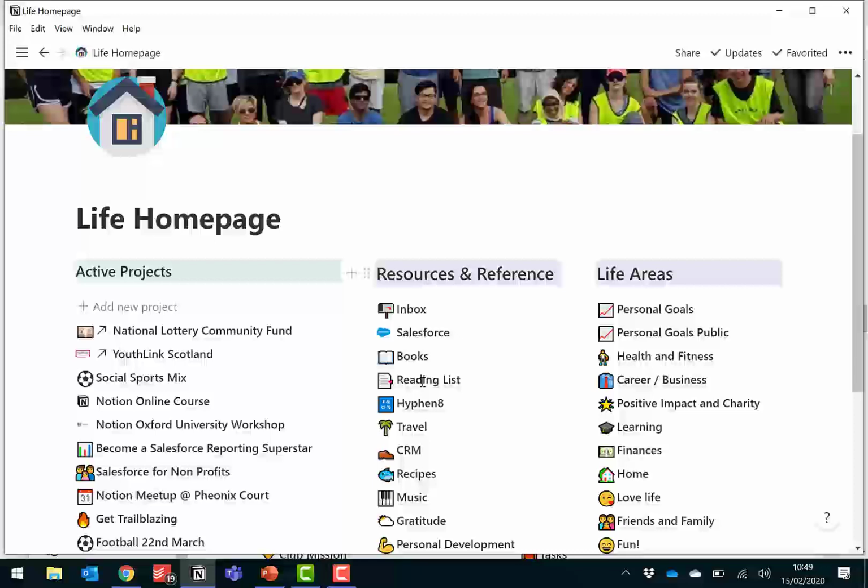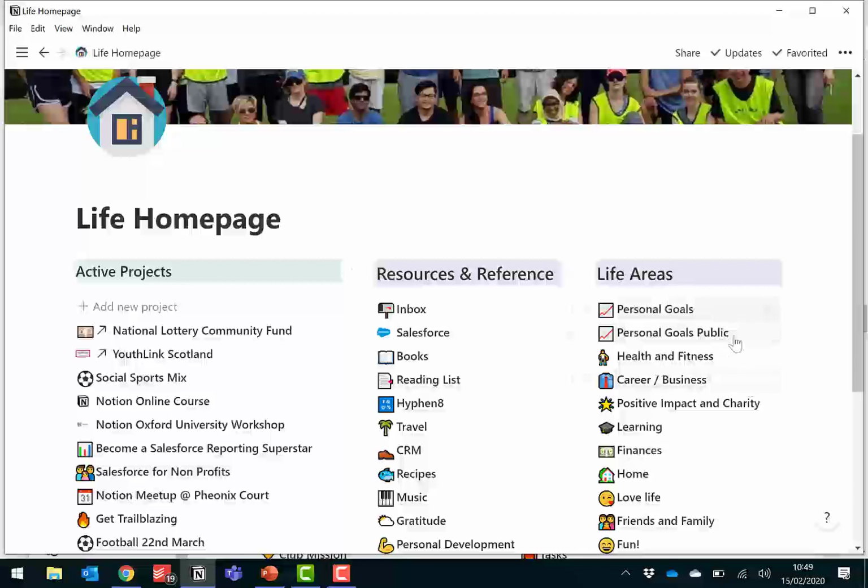So this is for today's event, which is an active project. Yes, so that's something I'm working on, and that's why it's there. So let's have a look at some of these areas, and maybe let's start on a higher level. It's used to manage your life. So actually, you could use it to manage your personal goals and just write them down and review them. Okay, so let's have a look at this page.